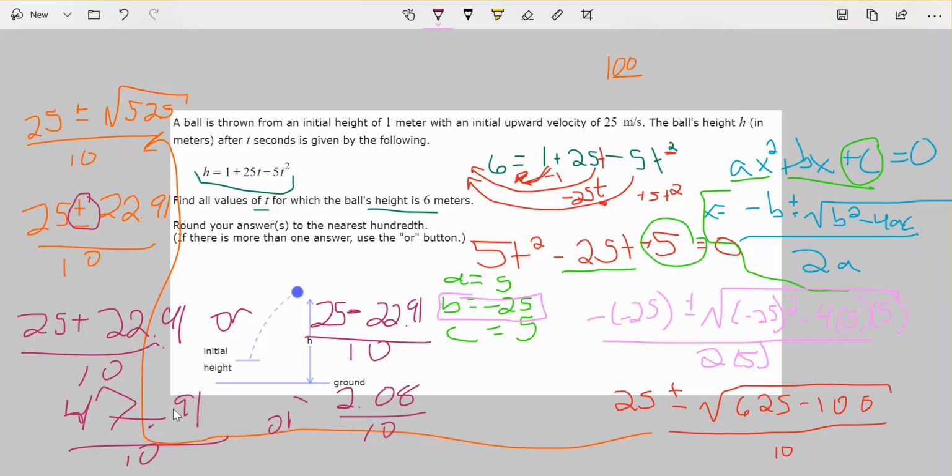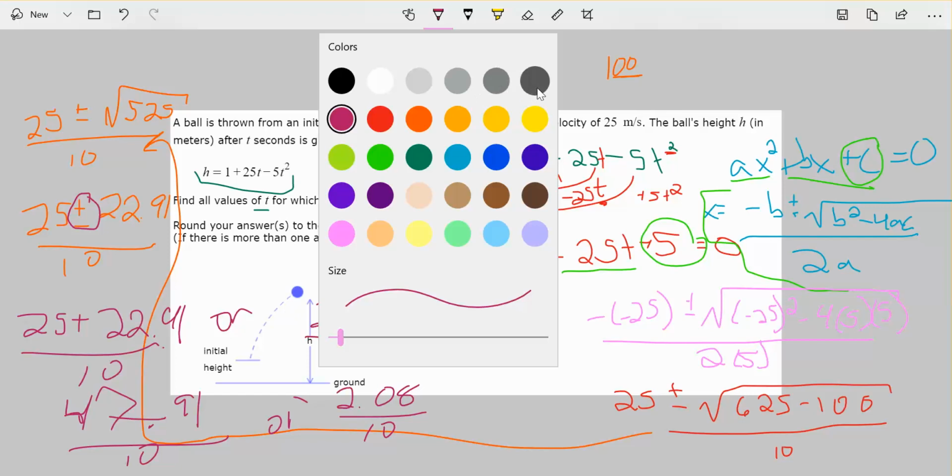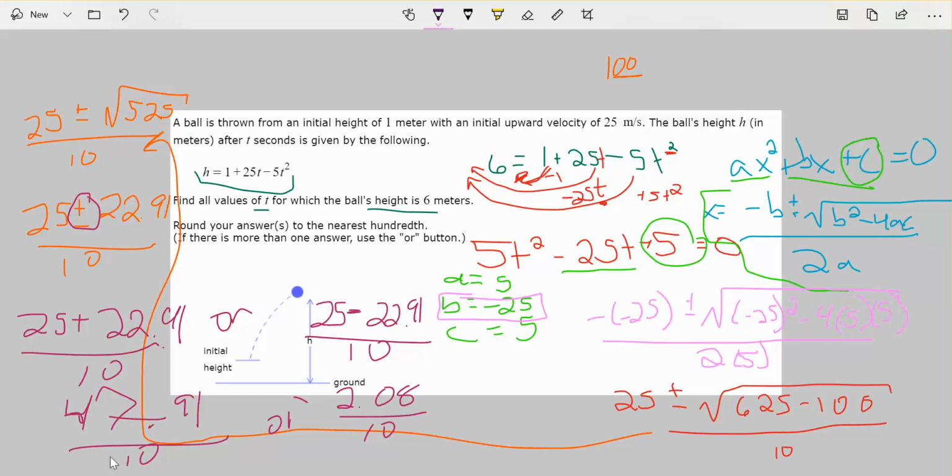And then from there, I just divide each of them by 10. I'm going to go ahead and change my color one more time. Oh, I definitely don't want to do gray on there because I wouldn't be seen, so I'll do purple. So divide by 10, that means that that answer is 4 and 79 hundredths, or divide by 10, 0.208, which is 0.21 because I would round up. And then these would be my possible answers for the values of t where the height is exactly 6 meters. So I hope that